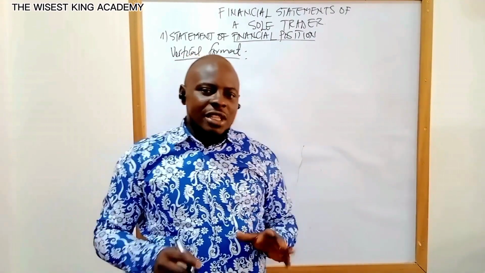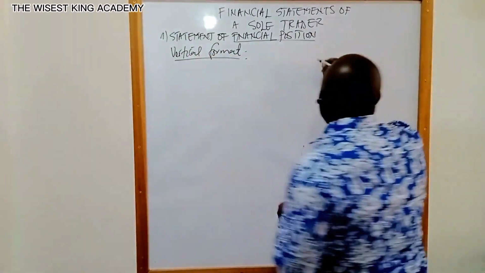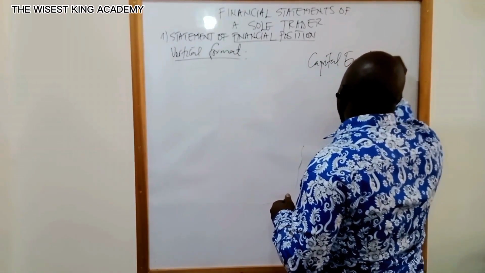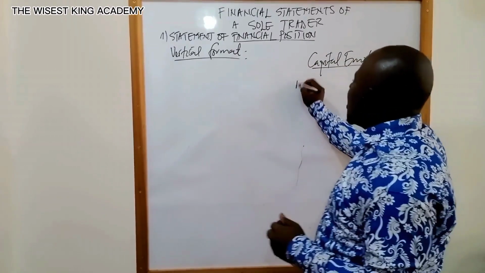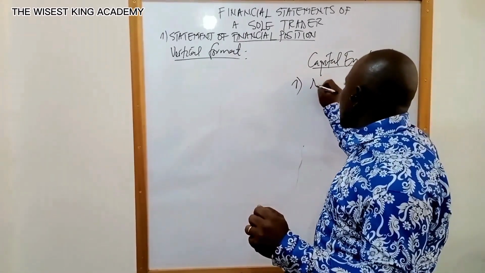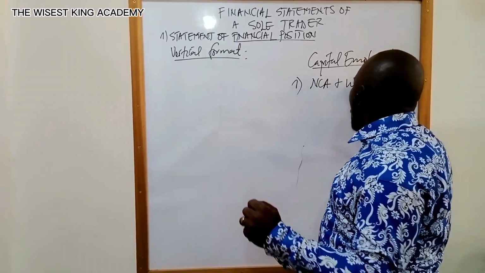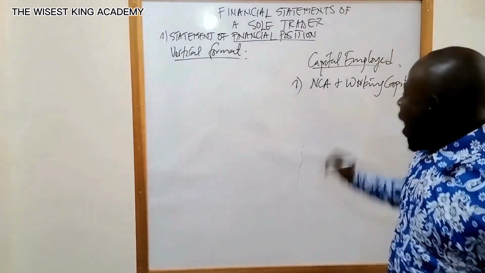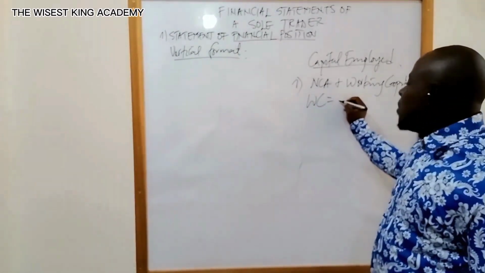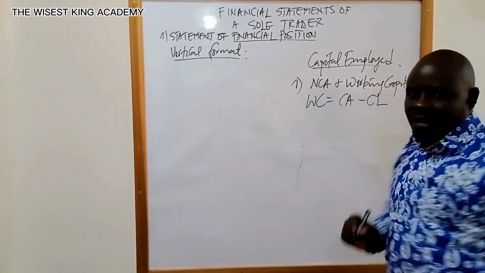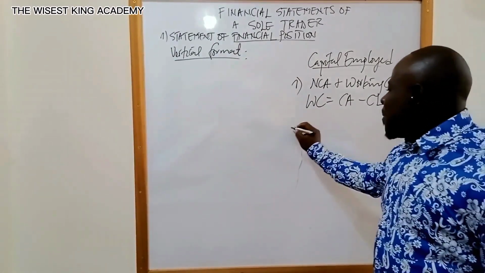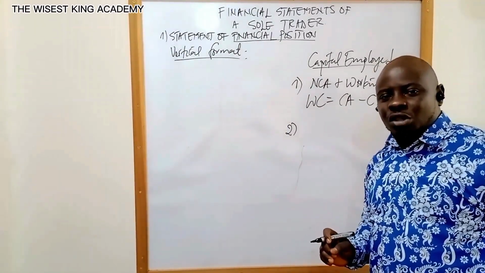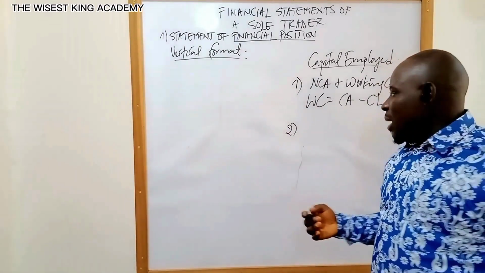Capital employed is calculated in two ways. Let me write this here. Capital employed can be calculated, number one, by taking non-current assets plus working capital, where working capital is the difference between current assets and current liabilities. In the second section of the statement of financial position, called equity and liabilities,